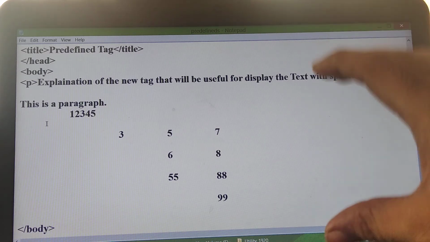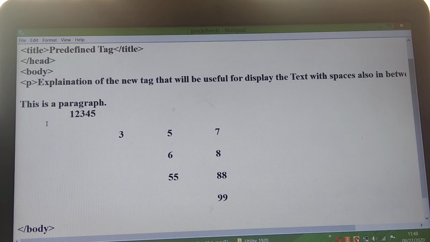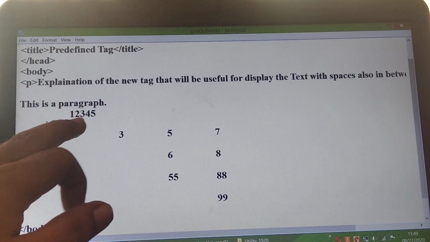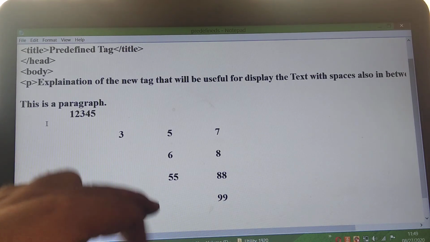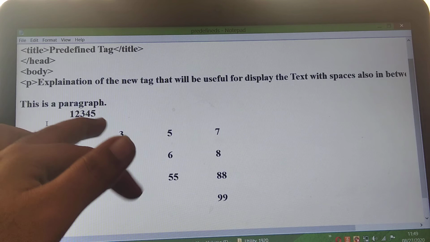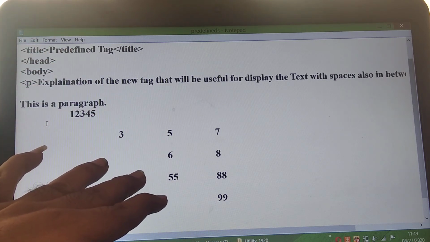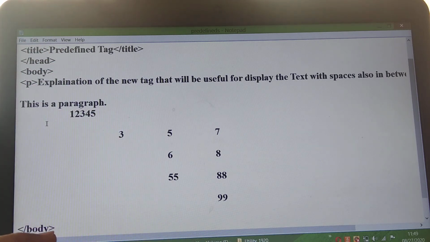From the input you can say very clearly that the text of the first line, second line, third line, fourth and fifth line will be displayed over a single line, because there is not given a BR tag.